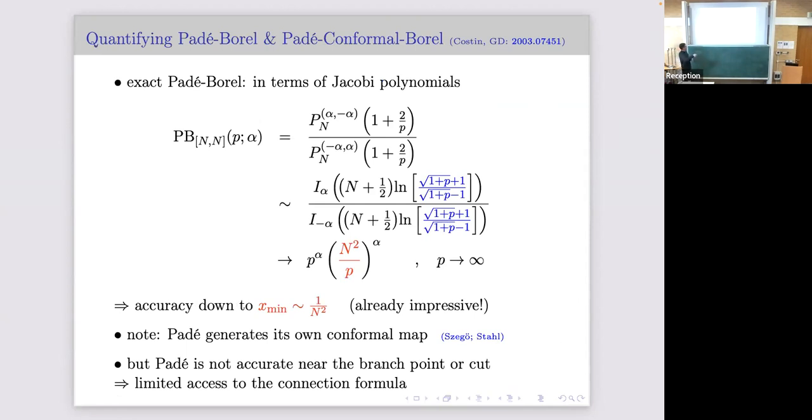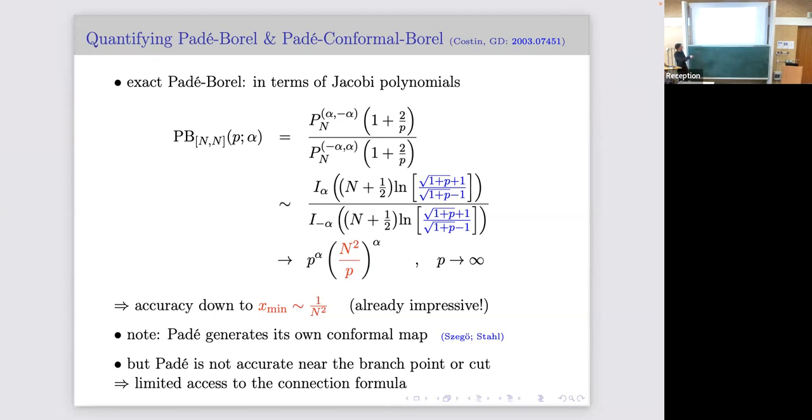Right, so that's interesting, that we can go down to some point that scales like 1 over n squared. So that should dispel a common misconception, at least amongst physicists, that getting more terms in an asymptotic expansion is a waste of time. It's only true if you do the dumb thing of just truncating the expansion. If you treat the expansion carefully, then of course more information translates into more information. And here it scales like 1 over n squared. So that's quite impressive. Just a completely trivial transform gains you this.